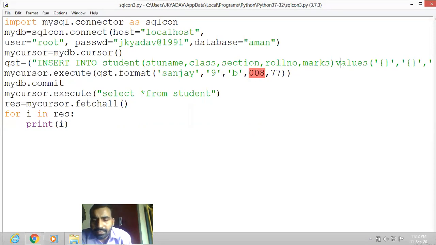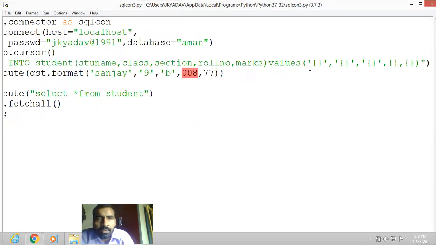I think it is correct. Let me check once again. For stu name one parameter is there, class one parameter is there, section one parameter is there, roll number also one parameter is there, and marks also one parameter is there. So I think it is correct.